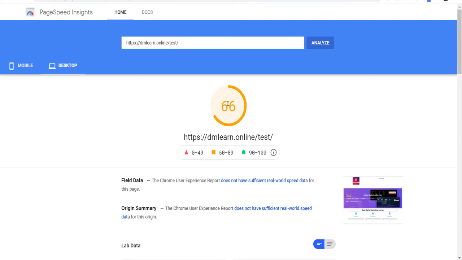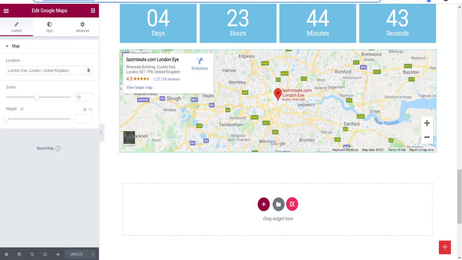You can see that it was 57, now we have 66, so it's improving.